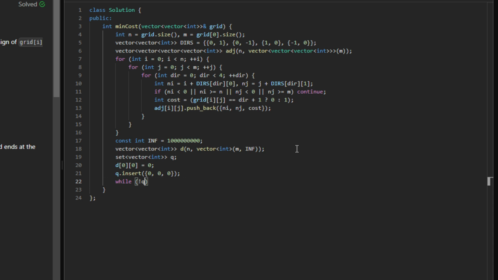And while the queue is not empty, we will get this vector from the queue, we will get the indices, and then we will erase this node. Now we will go to all the nodes adjacent to vi comma vj,